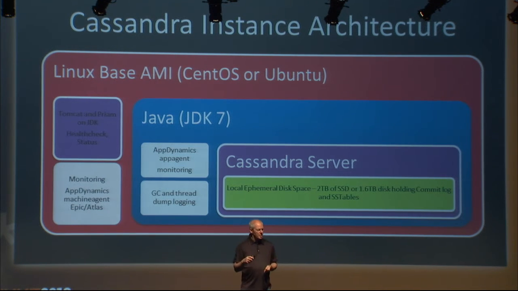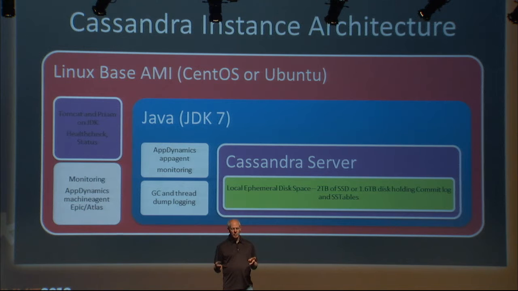Okay. So this is all of the helper software we needed to manage Cassandra in production. And instead of putting it all in Cassandra itself, we put it on the side. If you're running Cassandra on AWS, Priam is just automation to make that easy. That's how I can create a Cassandra cluster in 10 minutes by just deploying a bunch of machines, and they self-organize using Priam into a Cassandra cluster.